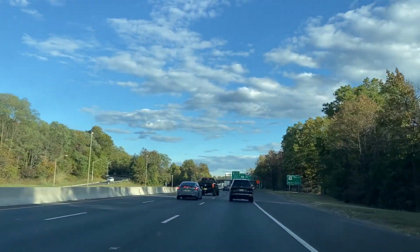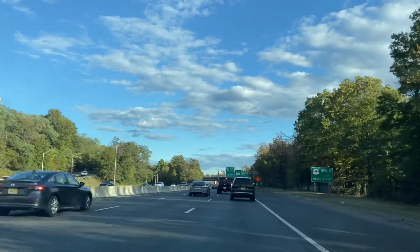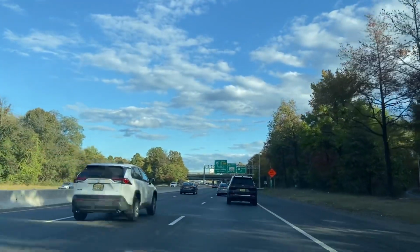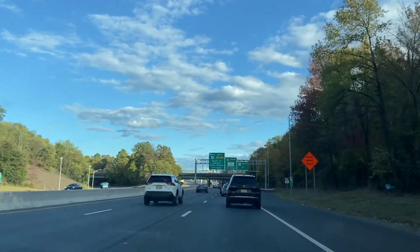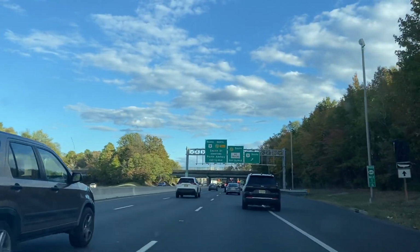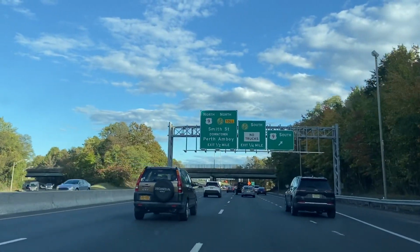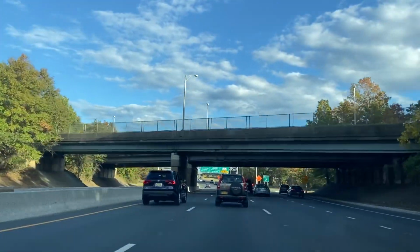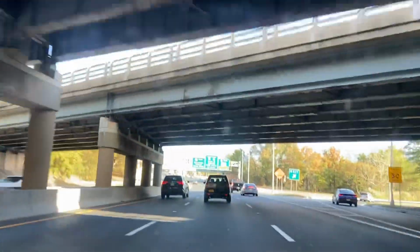Left lane right now because there's a lot of traffic unless I speed up, so I'm just going to stay here for a minute. Now cars pass me on the left. After that car I'm going to look over and I'm going to accelerate a little bit. There's my opening. But remember, when you put on your signal, it does not mean you have to go over